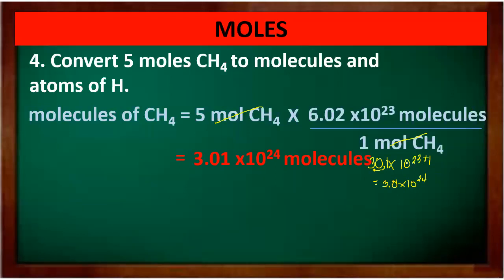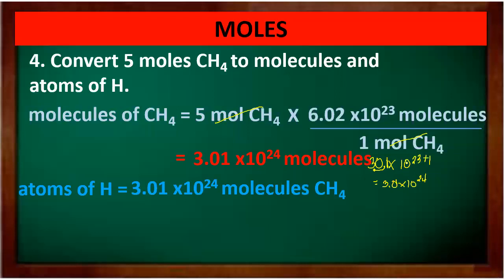So, paano natin i-convert naman itong molecules into atoms of hydrogen? Okay, so atoms of hydrogen, alam naman natin na meron tayong 3.01 times 10 to the power of 24 molecules of methane. So, times na lang natin. Okay, erase ko muna ito. Okay, so times natin. When you multiply, meron tayong 5 moles. Okay, so for every